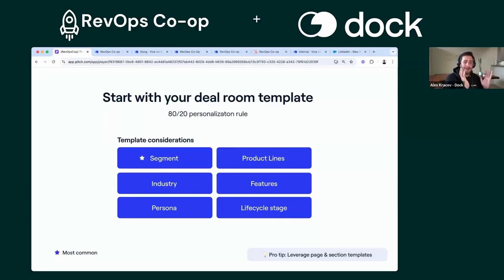no business case, or maybe a standard business case, right? It's going to be very transactional and programmatic. You're not going to customize this thing too much. And then there's all these other parameters that you might want to consider customizing. Product lines is a big one, different features, industry. Like for Doc, we hide and show based off if you're a Salesforce or HubSpot user, and I'll get to